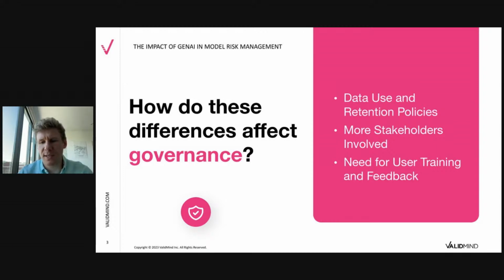So they want to see what is the type of data that goes into the model. They want to see is the model conceptually sound? What is the architecture? Why did they come up with that architecture? They want to know about the decision making. How was that decision made? What are the top features? So explainability. Now, these are some really core questions that model risk generally asks when they're trying to get through the approval. They really don't have access to any of this information when it comes to a model